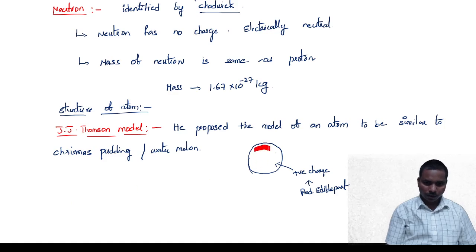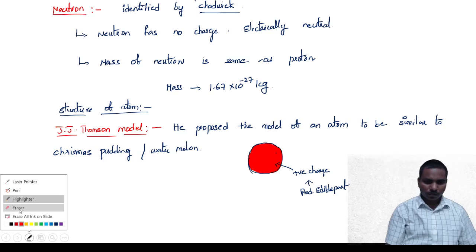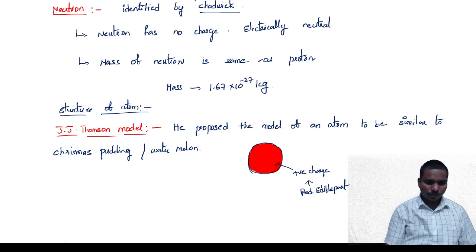The red edible part of the watermelon is nothing but the positive charge. And coming to electrons,